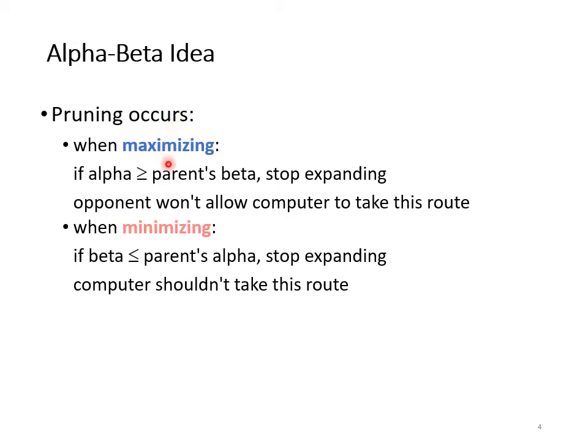The first case is performed on an alpha node. It means its downward nodes will not be utilized, and the second case is applied on a beta node. It means its downward nodes will not be used, and you can prune. Prune means cut. You can remove these kinds of nodes because the impact of these nodes will not be on the final result.